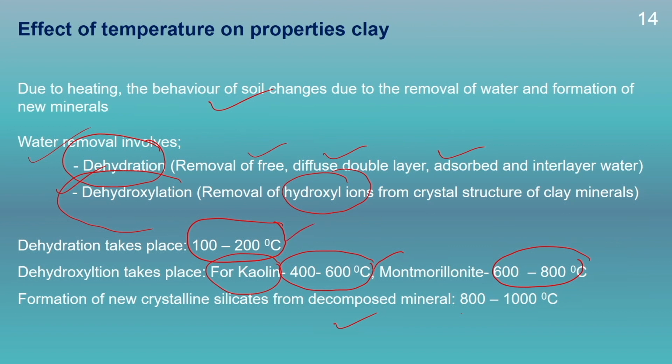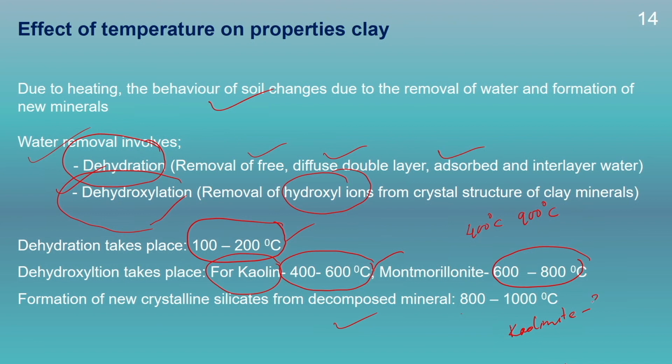And dehydrogenation is the loss of structural hydroxyl groups from the clays in the form of water, and the dehydrogenation occurs at a temperature as low as 400 degrees centigrade and as high as 900 degrees centigrade. So, it depends on what kind of mineral we are taking. Say for example, for kaolinite,